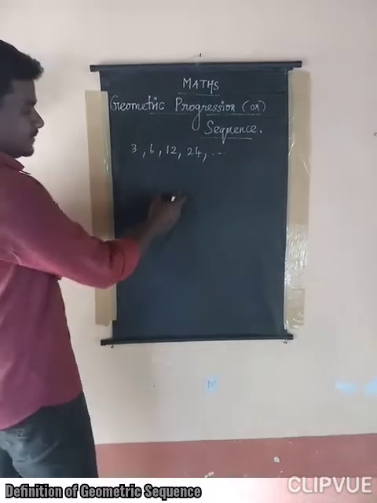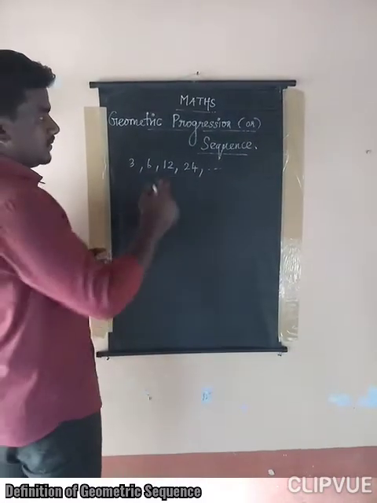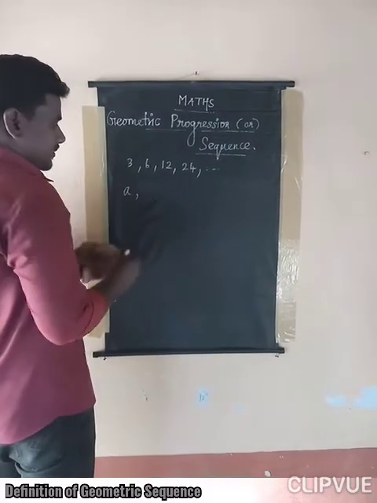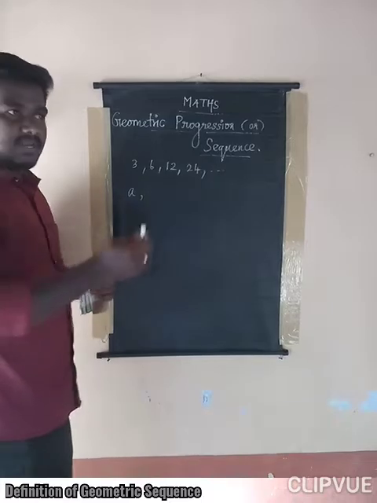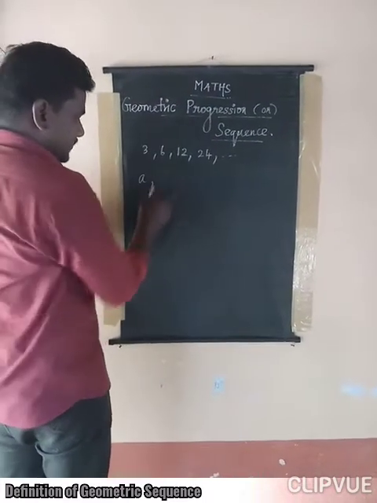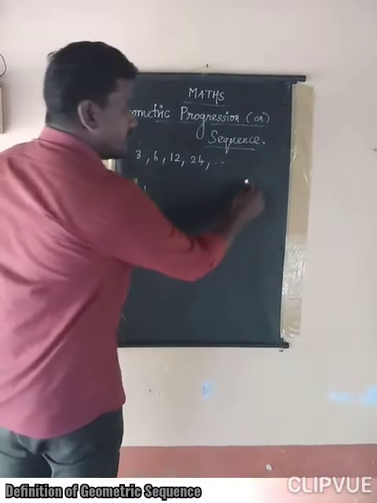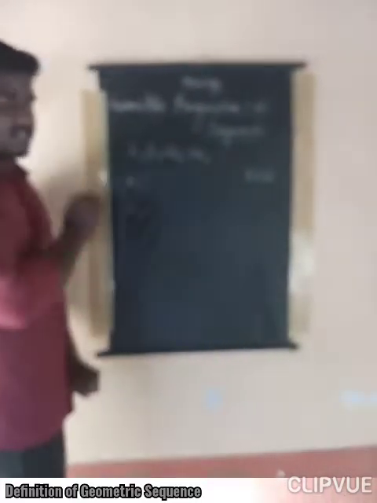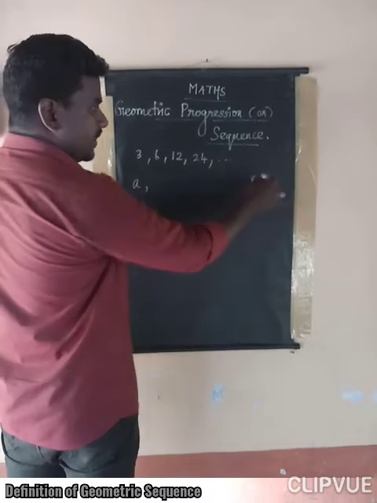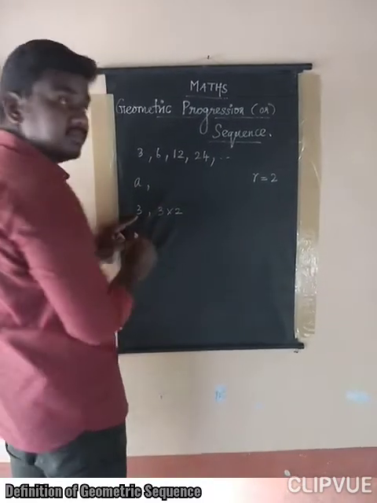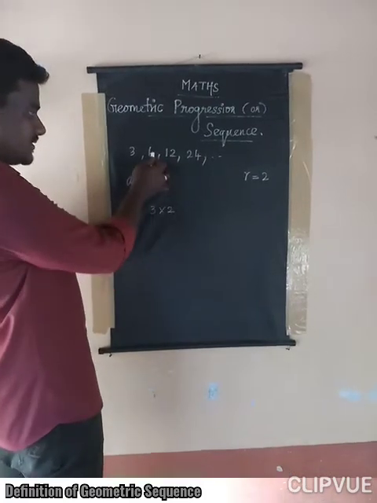Coming to the conclusion, I gave you an example for a geometric sequence. So now, the first term is A. How is the second term obtained? If you multiply by the common ratio, you get the second term. The first term is 3. Already we found the common ratio, that is 2. If you multiply the first term by the common ratio, 3 into common ratio, you get the second term. 3 into 2, 6.